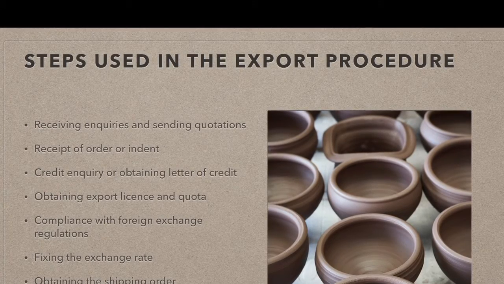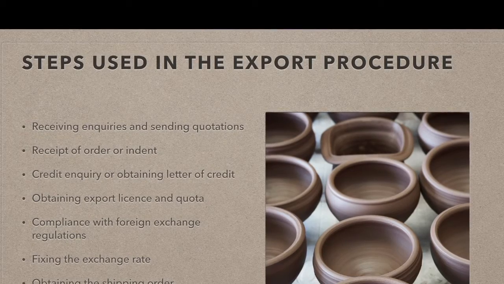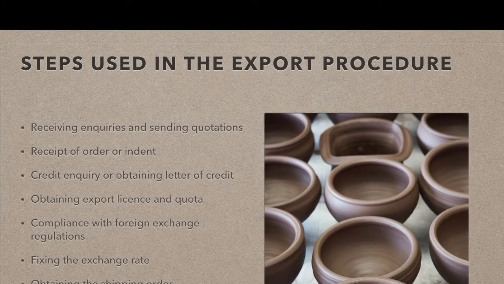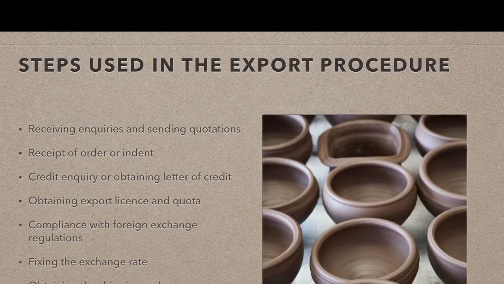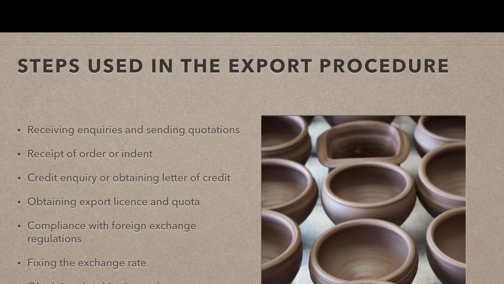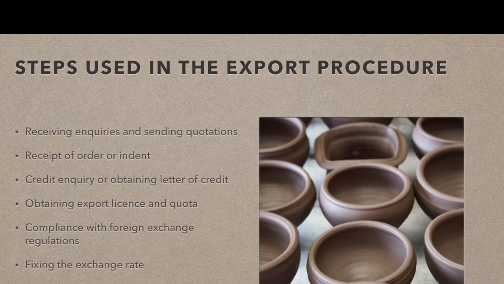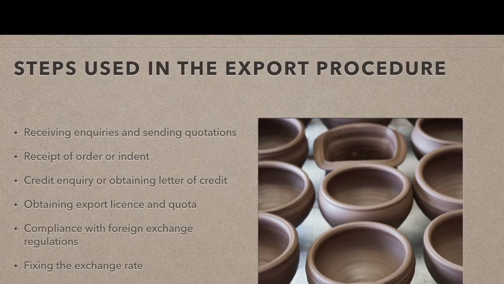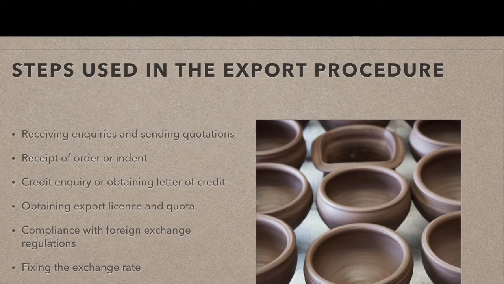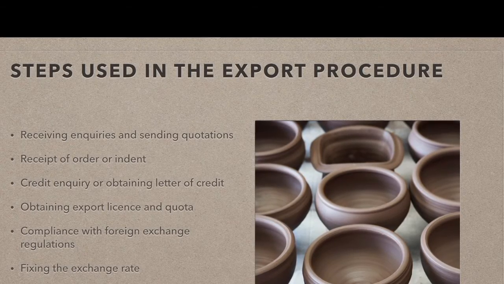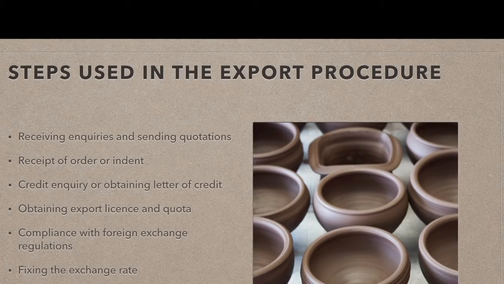In reply to this enquiry, the exporter sends him a form of a quotation or a pro forma invoice whereby he states all these details as to the quality of the goods, quantity of the goods, size and price, etc. In this form, the delivery schedule, mode of delivery, mode of packing, and the terms of payment are also provided